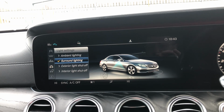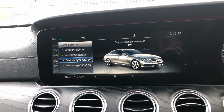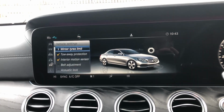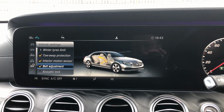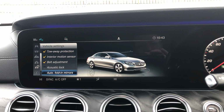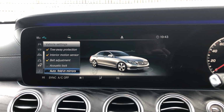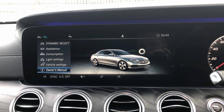You can have surround lighting, so when you turn your car on, of course your mirror lights come on. You've got exterior and interior delayed lighting shut off, and you go on vehicle settings, winter tyre limit, towaway protection, belt adjustment, so that tightens once driving, acoustic lock, so you can hear it lock. Some people turn that off, of course, as a safety feature. You've also of course got auto folding mirrors, automatic door lock as well,